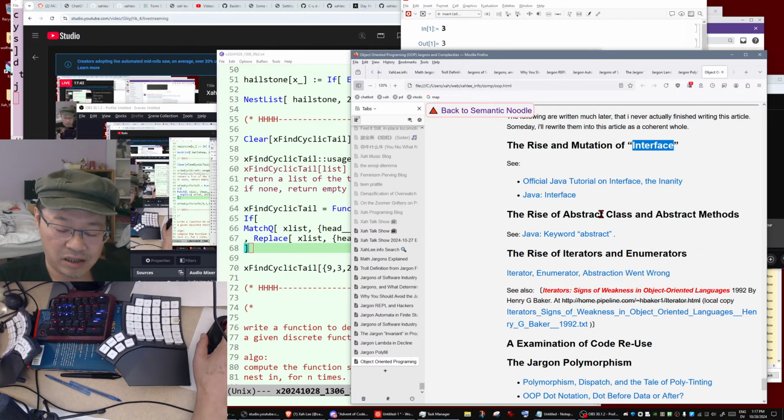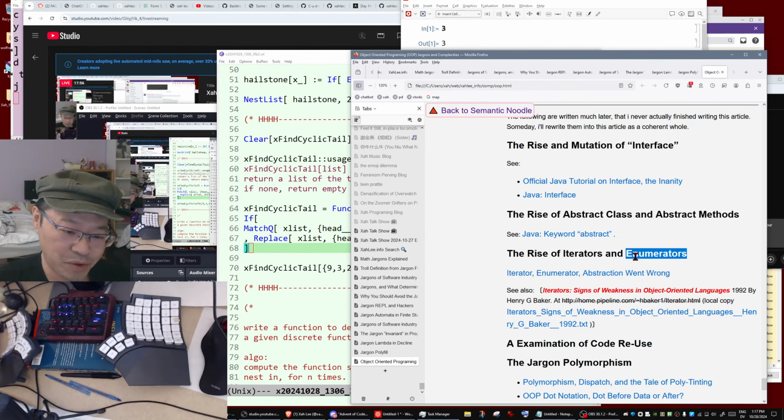Then you have the jargon abstract class, abstract methods, which are derived from the jargon class and methods. Okay. Then you have the jargon iterators and enumerators, very popular in the OOP crowd. Not just in Java, you will see that in C# as well, and I believe C++. I don't know C++, I don't know C# really. So then you have